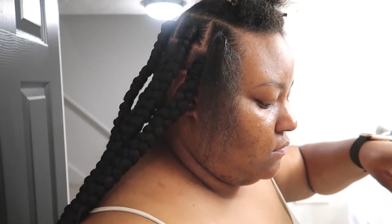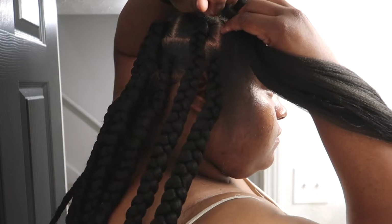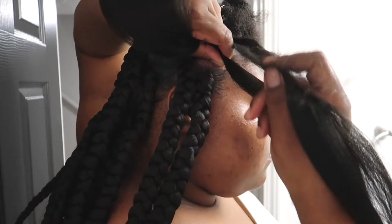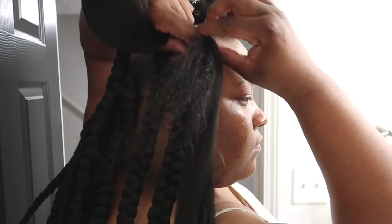This clip is going to be of me showing you guys how to actually braid in hair with your natural hair. So what I'm going to do is take it and split it into two. And the first approach I'm going to take is like an overhead approach. And I'm just going to wrap it around my natural hair and take the strands that are now 3 strands